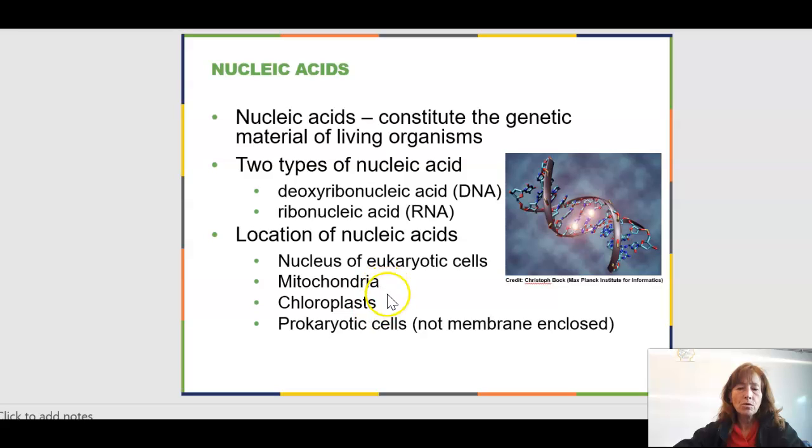So these two organelles, the mitochondria and the chloroplasts, that are really associated with energy production in cells, have their own type of DNA, which makes us suspect that these were actually independent organisms at one point and then became incorporated into eukaryotic cells.